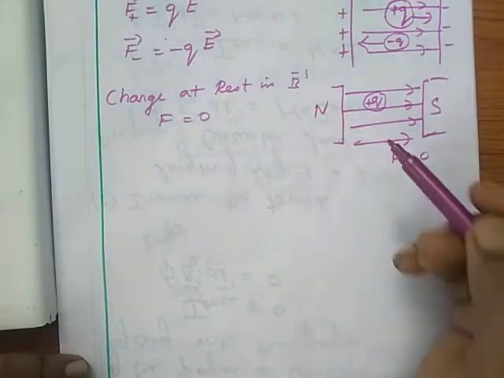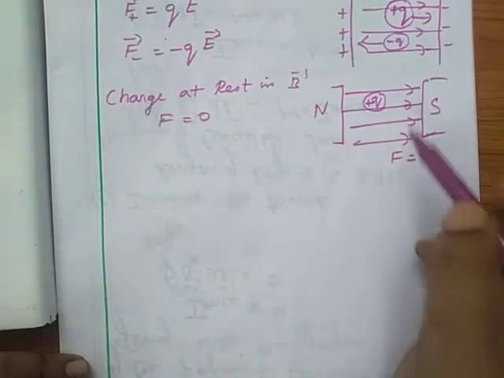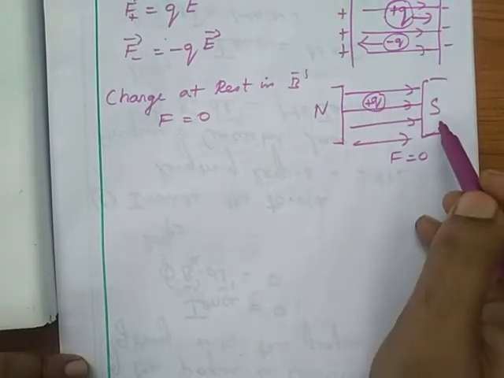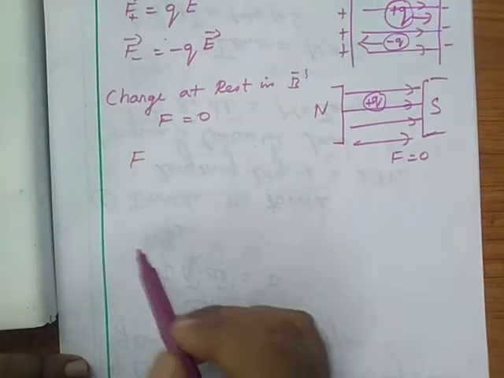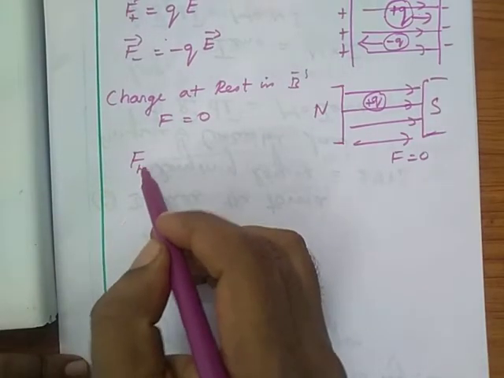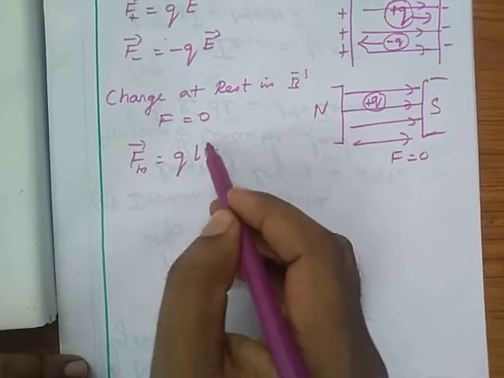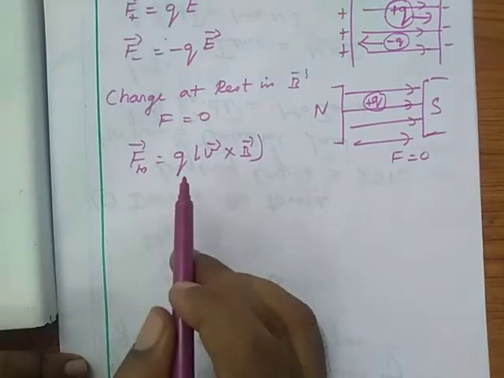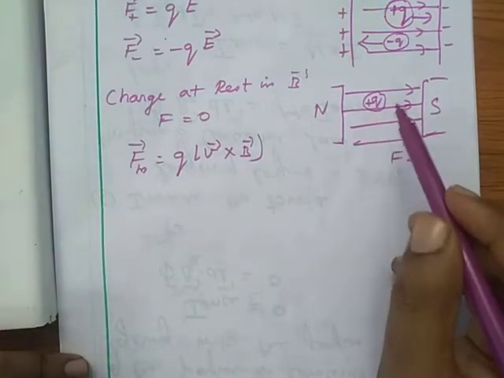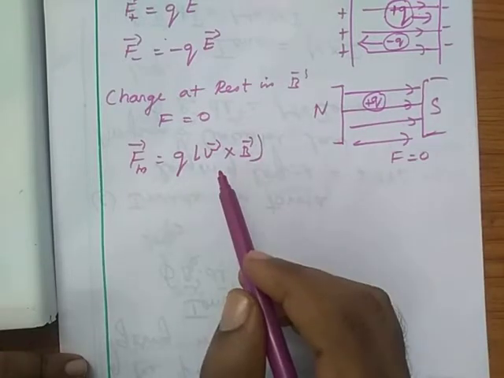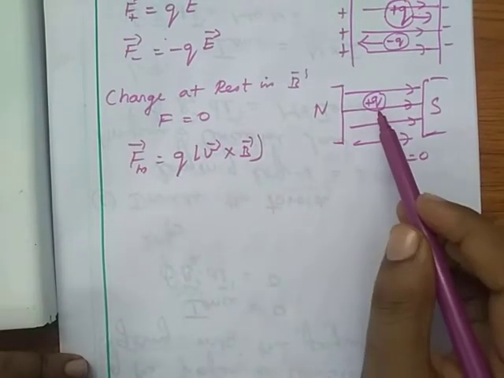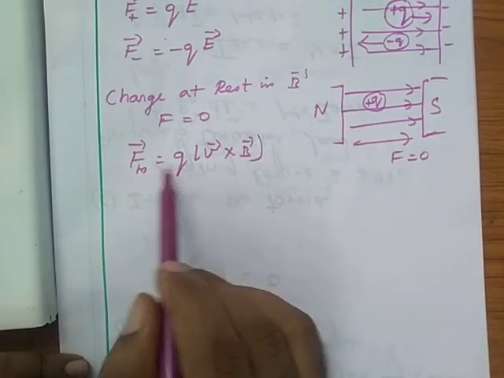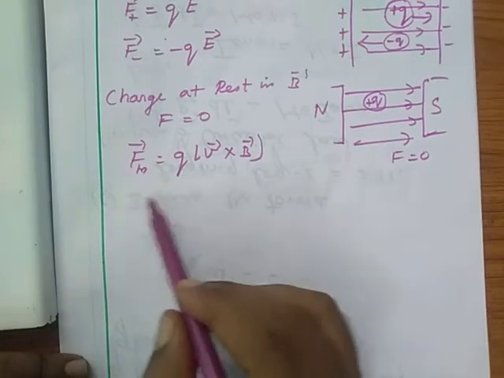Then Lorentz found that if a charged particle is moving in a magnetic field, it experiences a force. That force is known as magnetic force, represented as Fm vector is equal to Q V vector cross B vector. It is the force experienced by the charged particle in a magnetic field under motion. When a charged particle is moving with a velocity v in a magnetic field B, the charged particle experiences a force Fm, that is known as magnetic force.